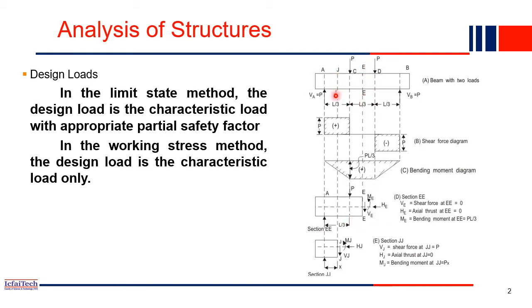So each section we have to design separately, because if you take the middle section, there is zero shear force, whereas bending moment is maximum. Whereas if you take a section near the support, shear force is maximum and bending moment is not maximum, but there is still bending moment. So this beam we have to design such that the middle portion should take maximum bending moment, whereas near the support it should withstand maximum shear force. So based on the different sections and different bending moment and shear force values, we have to design our entire beam structure. Similar thing will happen with the columns also.